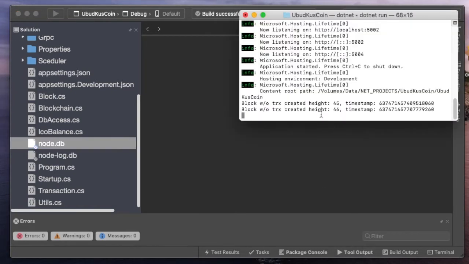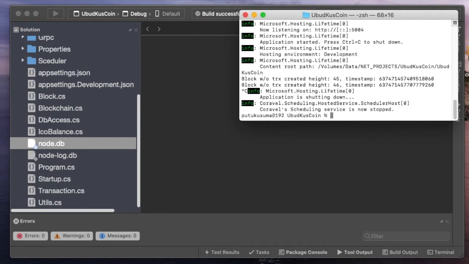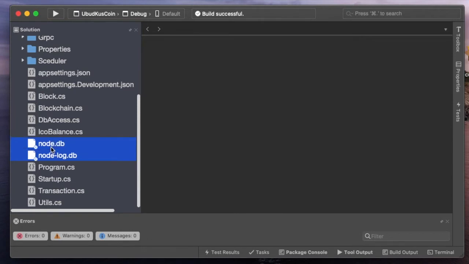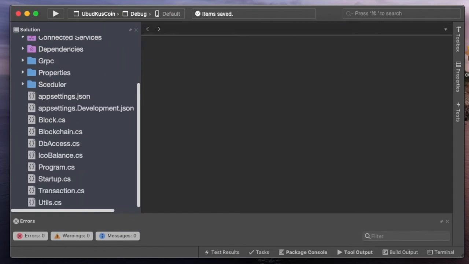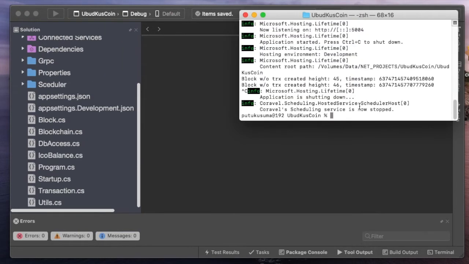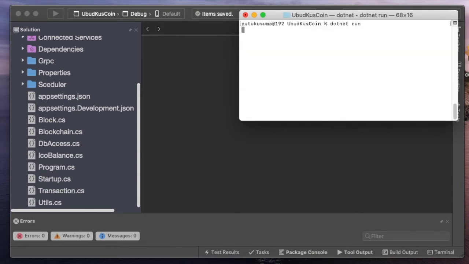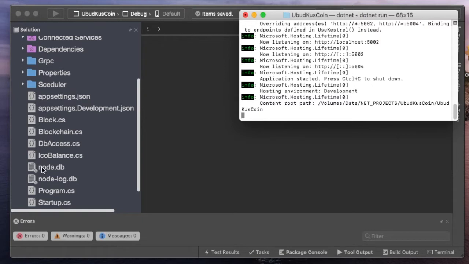Okay, let's stop now. Ctrl C, and we delete the database first. Now we start again. Okay, the database is created again here. Now we will start from the beginning. Next,